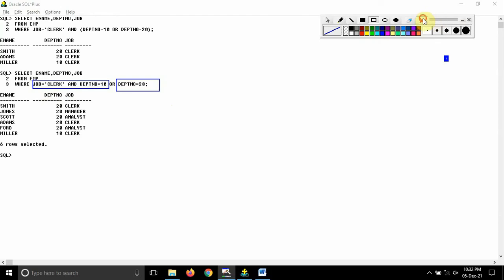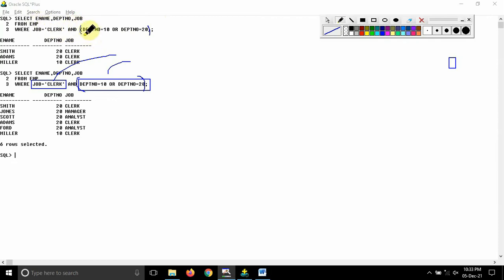But in actual, what we are writing is that AND is one condition, so this whole thing is one condition and this is another condition. In order to differentiate, we need to put a bracket here, guys. If we put a bracket over here and over here, then it will take it as the first condition and this as the second condition. So the whole thing inside the brackets will be considered as one criteria, and after that, this thing which is separately written will be taken as another criteria.